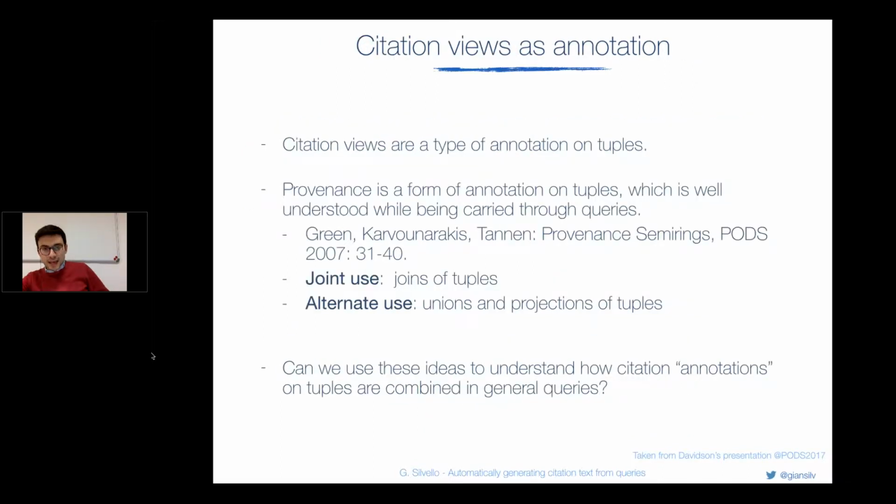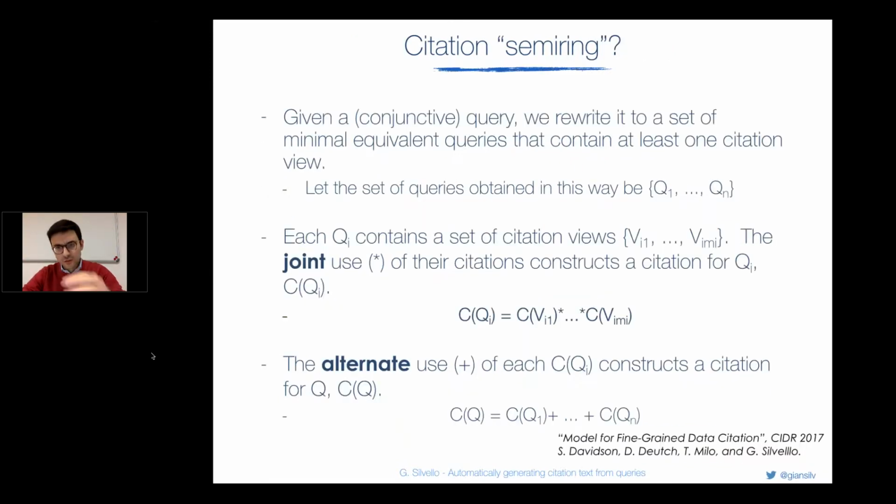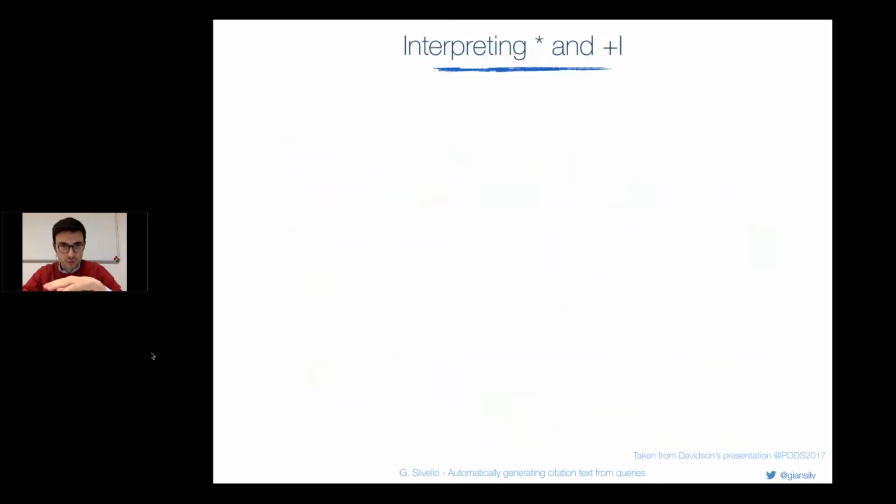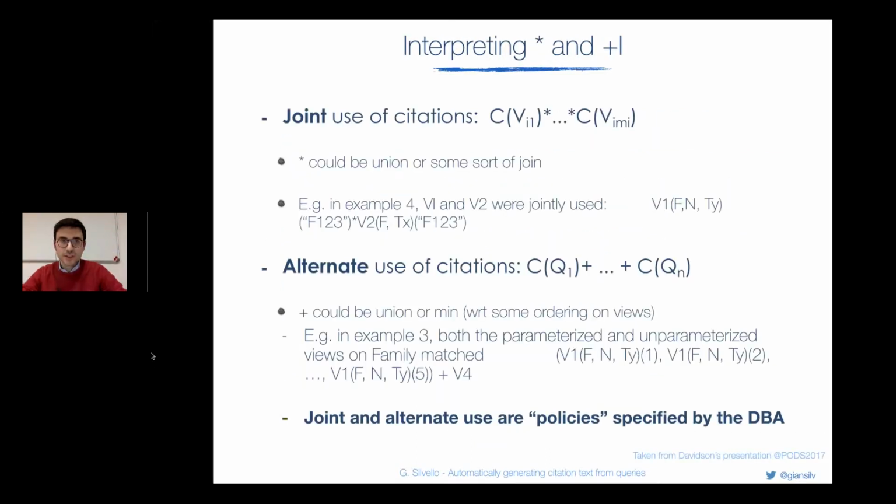But if we cannot do that, we can use, and here I'm going very fast, just telling you that there exist different policies to combine different views for answering a query. And we can use a joint of tuples or an alternate use like unions. And to do this, we use the formalization used for provenance, and basically we use provenance summaries. And this provides us with all the theoretical model that we need to create the citations. This one is too much detail, so I'm just going to skip it. Just use it as a reference if you want to go through these details.